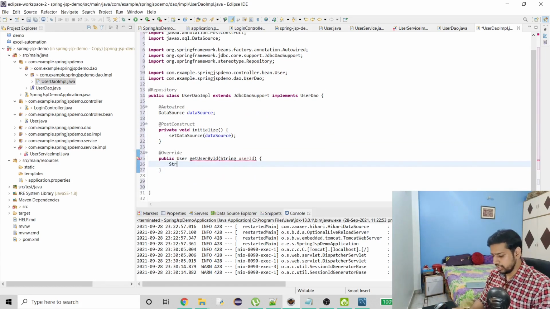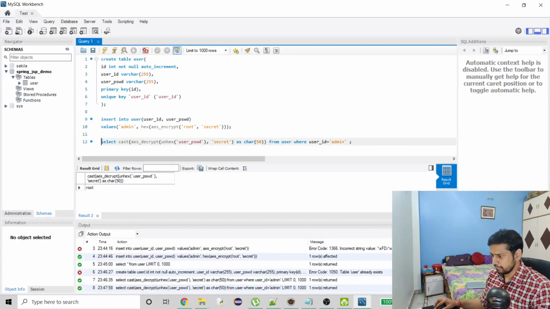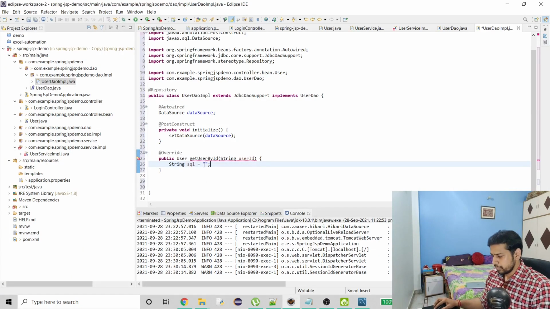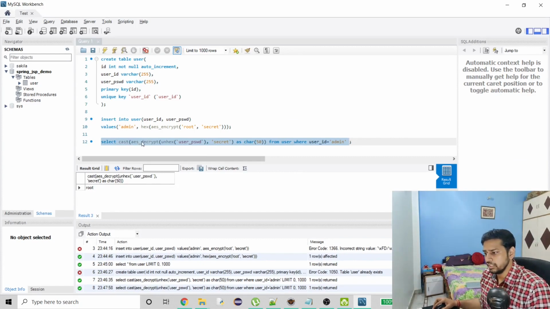So here we know what query we have to hit, right? So let me copy this down. Okay, let's talk about one more thing that I forgot. Let's say we don't cast or decrypt here, right?